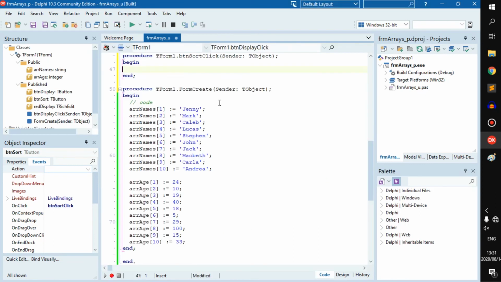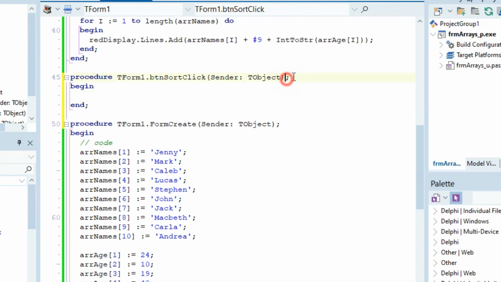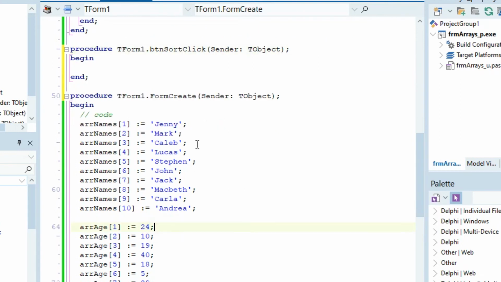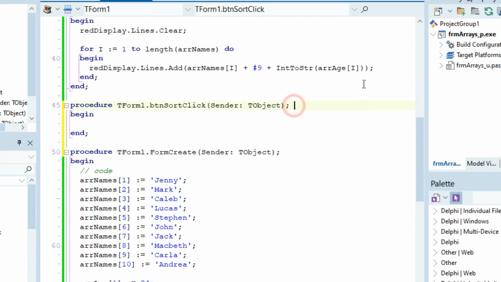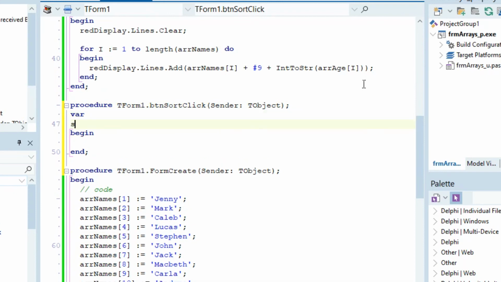Now, how would we go about sorting it? What we want to do is we're going to sort both of these because these are their ages and their ages should stay with the people. But for now, let's focus on first sorting the names in alphabetical order. So let's go variable and then let's add a temp. This is so we can have a temporary variable to keep a name in while we move things around, because